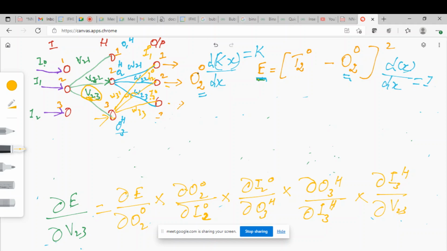Now let us take this weight v21. In the output layer, let us take this same neuron. This neuron, if you see, is connected like this. This weight, we already mentioned, is w12, we know that. This is connected with other neurons also, but we are not bothered about that.